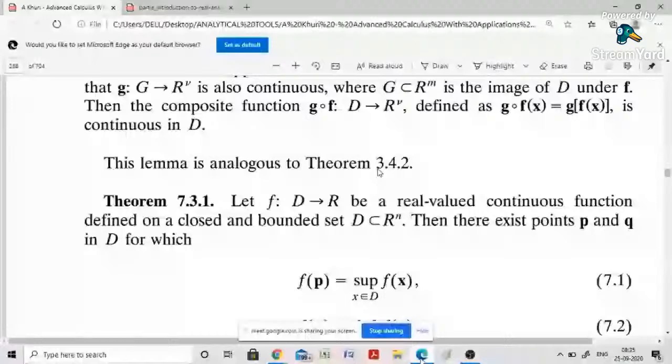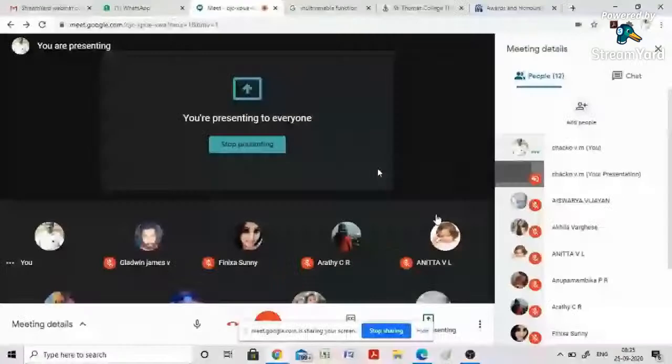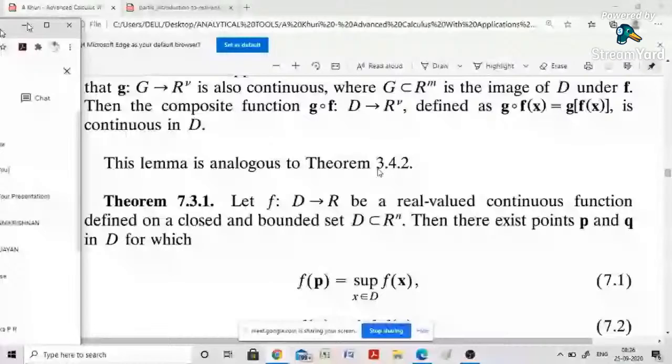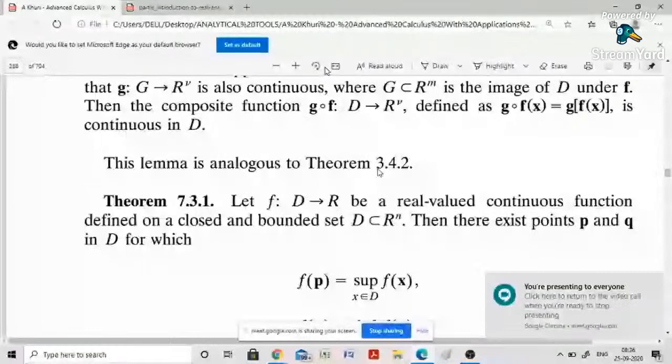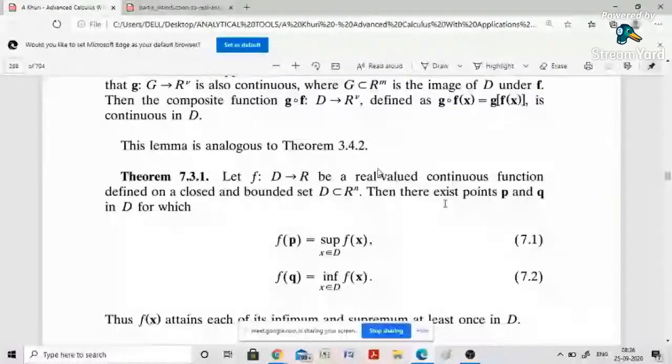Let us start now. This is the theorem. We're considering this theorem. Before that,